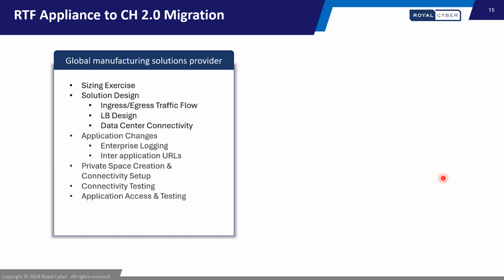They wanted the traffic to arrive at their single point of entry, that is their on-prem data center, and from there through VPN, it should get routed to CloudHub 2.0. So they wanted a single point